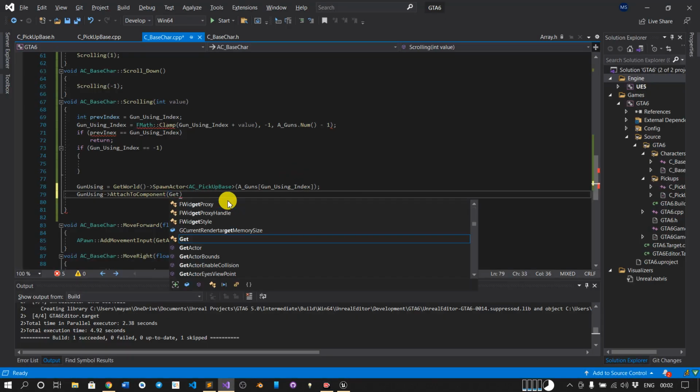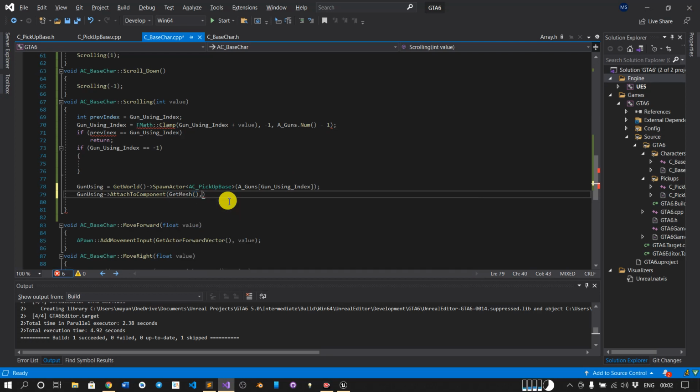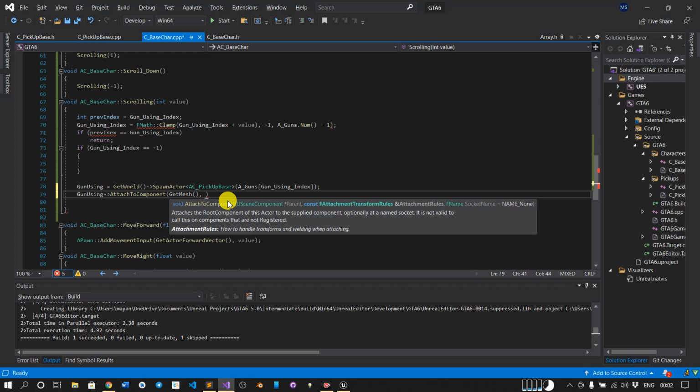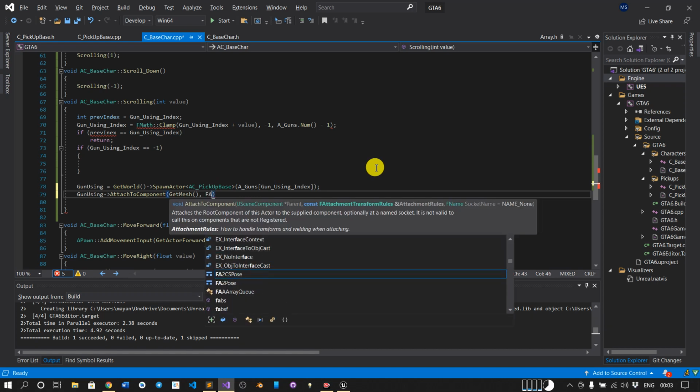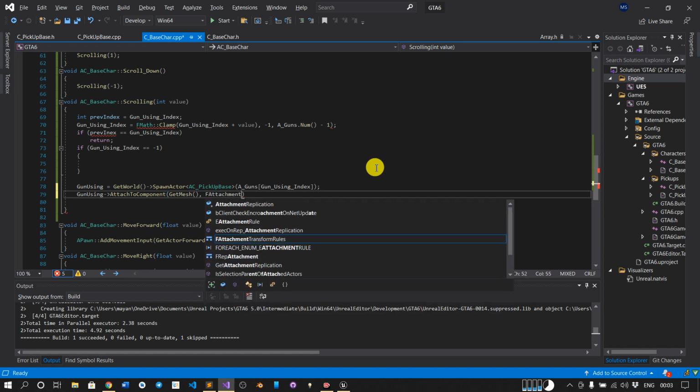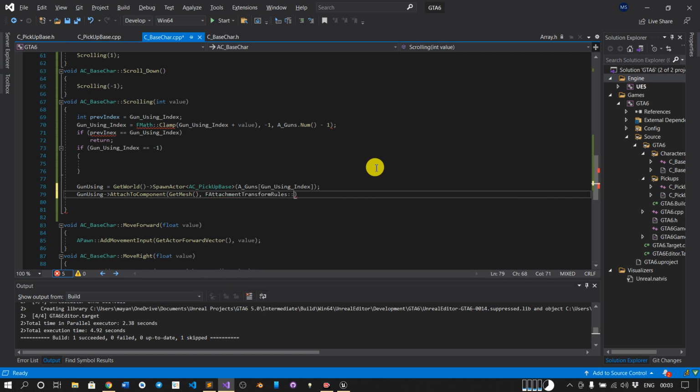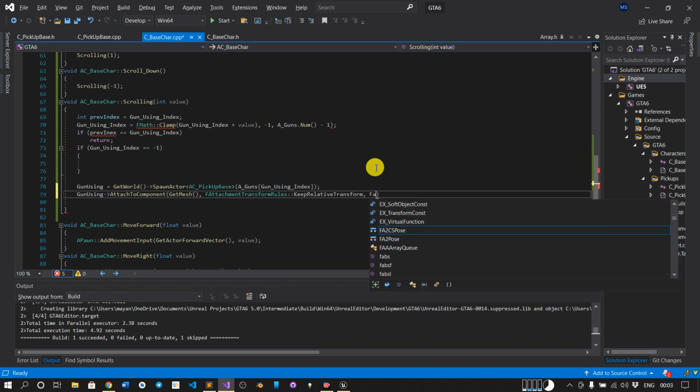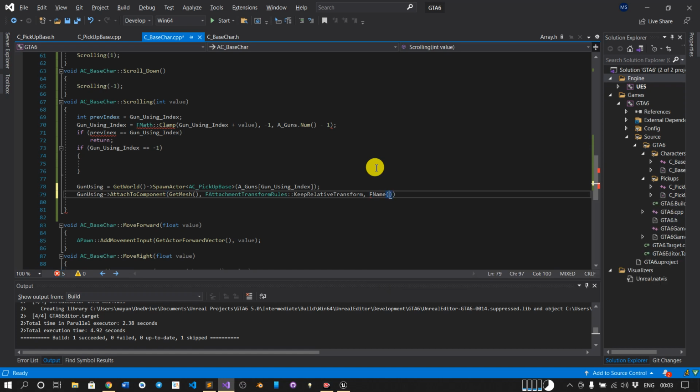This is the function, GetMesh. Now we want this FAttachmentTransformRules to be relative. So FAttachmentTransformRules, KeepRelativeTransform, and here we will enter the socket name. So we haven't created the socket yet.